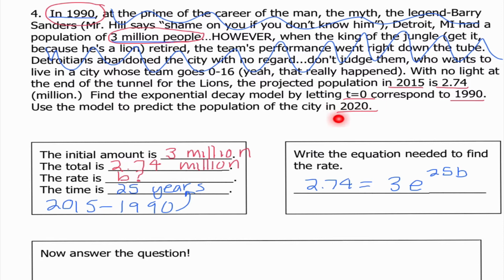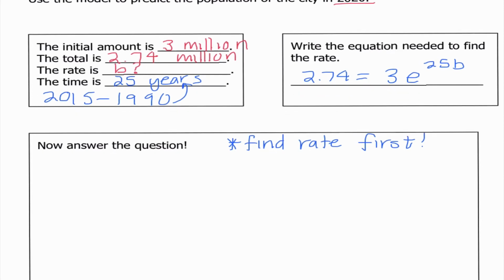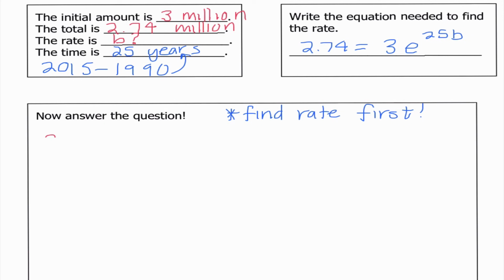Now notice this has nothing to do with predicting our population in 2020 yet, and it brings up something really important, that whenever there are multiple things that we do not know, we always need to find the rate first. Okay? The rate is what is going to allow us to find what the population is later on. So I'm going to rewrite 2.74 equals 3 times e to the 25b power. And I'm going to begin by dividing both sides by 3. So this is approximately